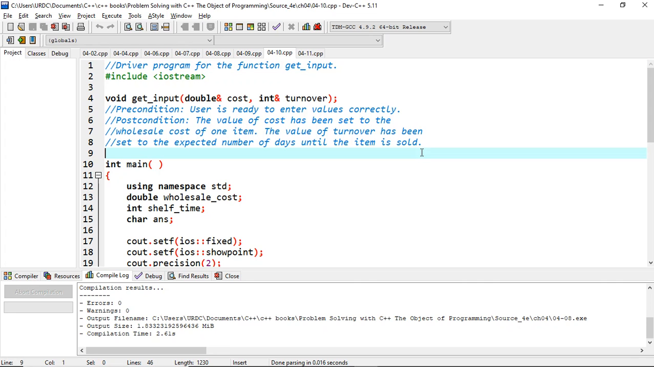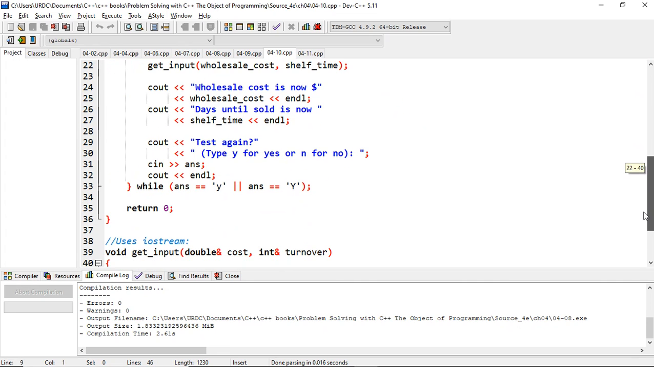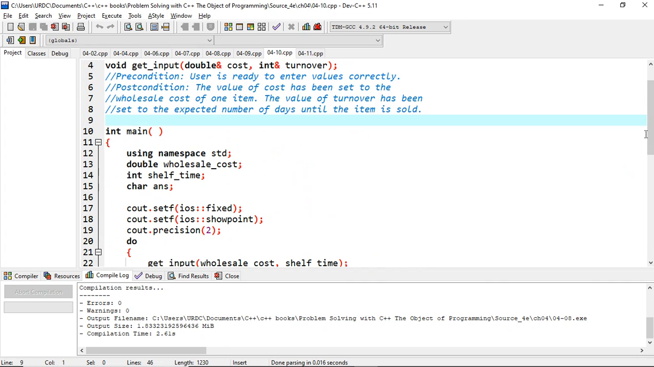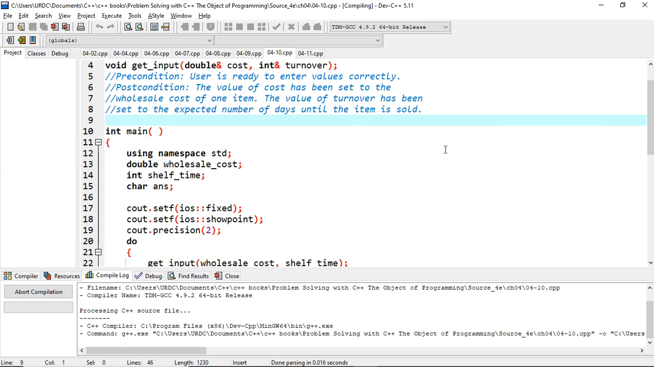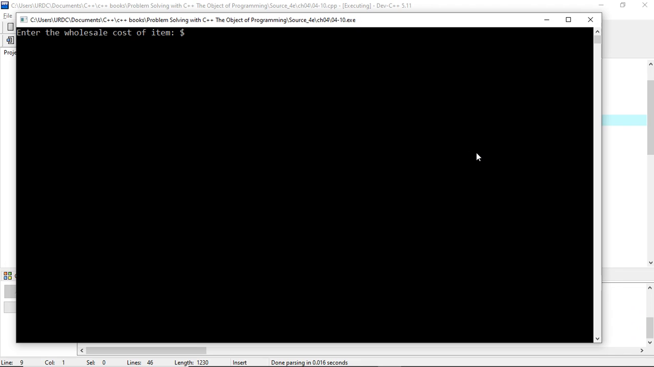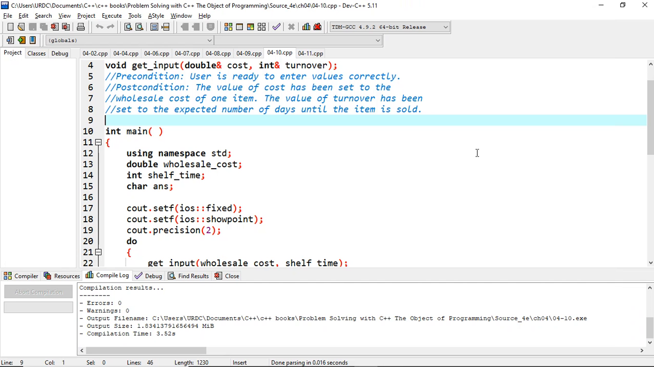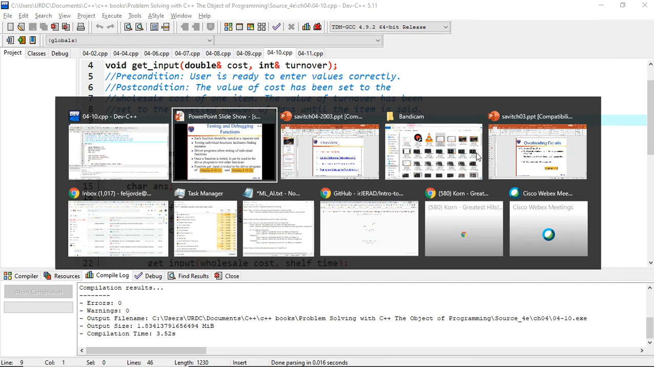So anyway, let's try running it. Let's see how it goes. Let's just enter a new value. And that is the output. So that's a demonstration of how you can write a driver program for testing your functions individually. Next,